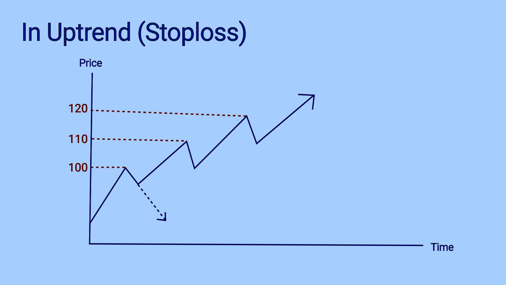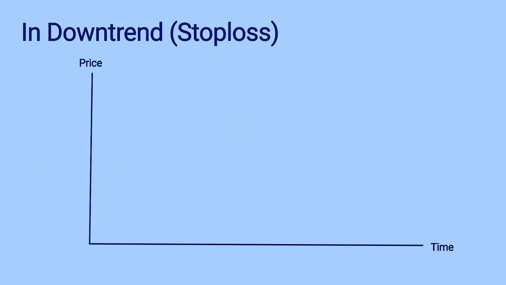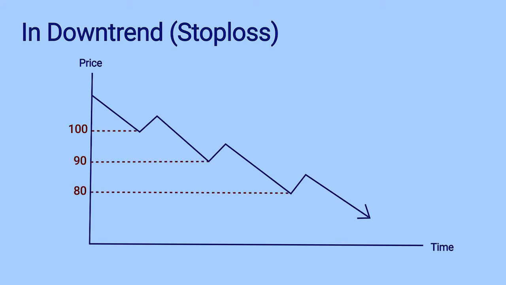So suppose you entered at 100 and the price moves below to 95. You may choose to cut your position at 95. Similarly, it can be said for a selling position also. You have sold in the market at 100 rupees and you intend to buy at 80 or 90. Only then you can make a profit. Suppose during that time the stock price goes higher and you cut your losses at 105. So this is the stop loss, the distance between your entry point and your loss booking position.